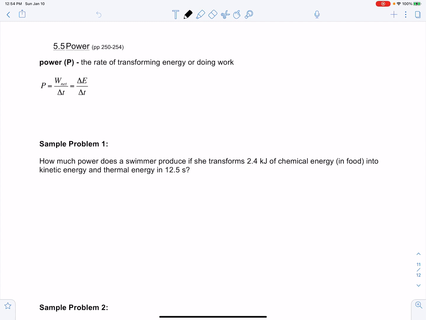Section 5.5, Power. Power is the rate of transforming energy or doing work. Let's think of an example. Imagine two